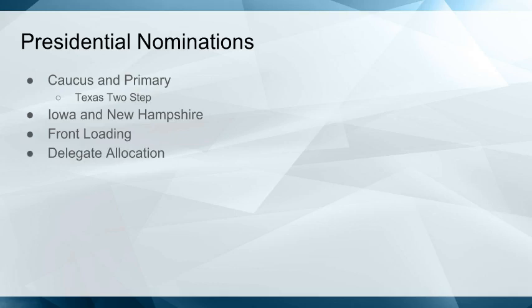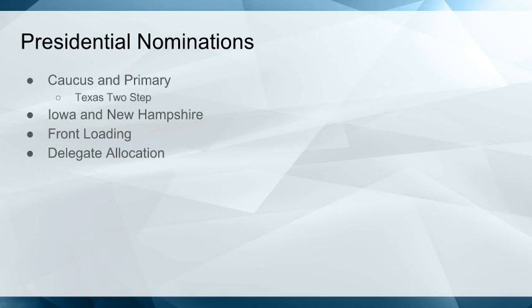The delegates that are allocated from each state are typically done proportionally. Now, it's difficult to get much more specific than that because each party has its own set of rules, and then each party in each state has its own set of rules. So you're dealing with over 100 sets of rules because all 50 states, 2 parties, plus various U.S. territories. Both parties give votes to Puerto Rico, District of Columbia, and so on. So you've got over 100 different sets of rules that make it difficult to talk more specifically about how delegates